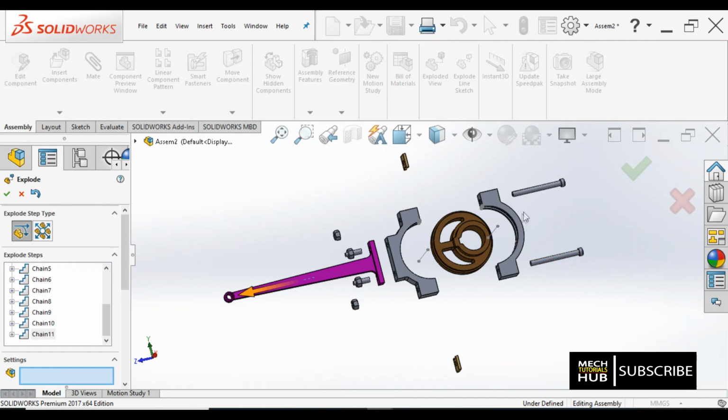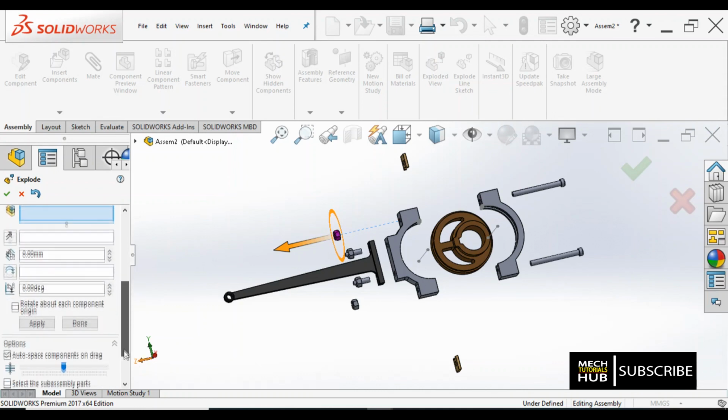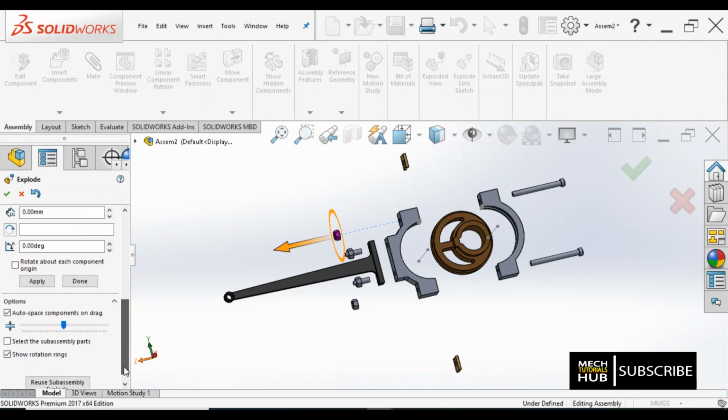Now I have randomly picked each and every individual component and placed it at some convenient distances, conventionally. So you can fix these dimensions also, that is possible. Directly double click whichever you want to make changes to, and make the changes. For example, if I go down, I find 11 is this particular eccentric rod. If I go further up, this is step 1. This is the first one which I removed from that assembly.